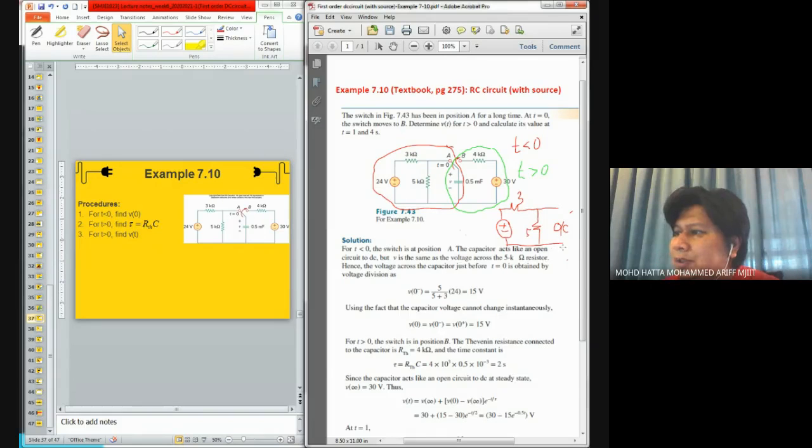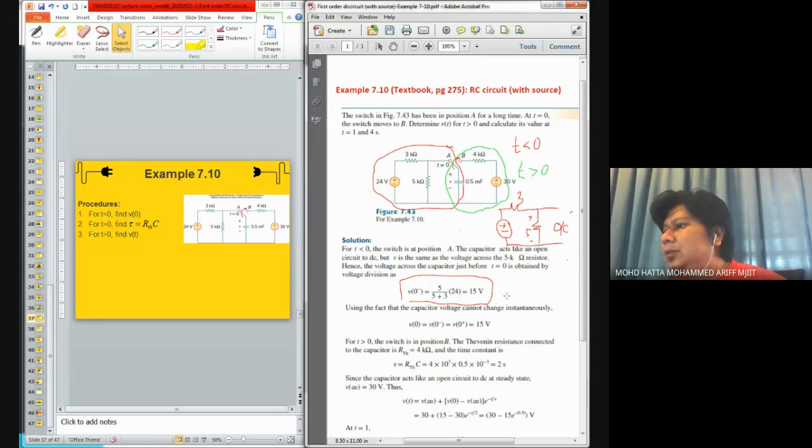Since it is open circuit, the voltage across this capacitor is basically the voltage over here. If you would like to know what the voltage is over here, try finding the voltage across this 5 kilo ohm resistor. That's why in this solution, you see that we try to find the voltage across the 5 kilo ohm resistor using